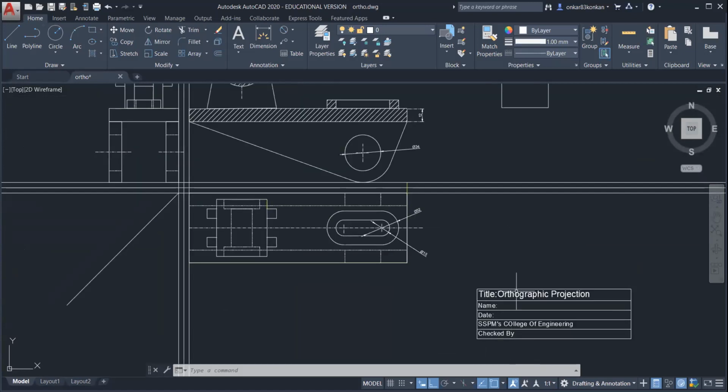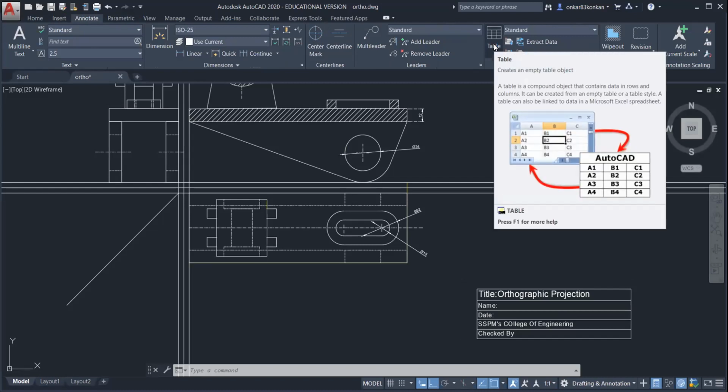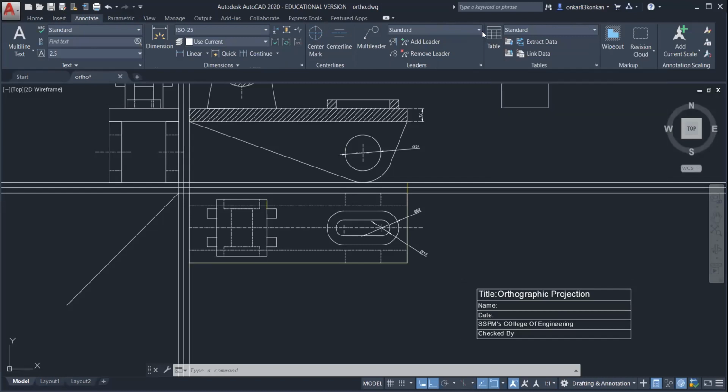Okay. So I will show how to create this block. So to create this block in the CAD software, click on the annotation. Okay. In the annotation tab, there is one option table, which can create an empty table. So you can give the number of rows and number of columns. So right now here, we only need one column and 4 rows. Okay. So this title row, it will appear automatically. So it is the 5th row. So click here on table.